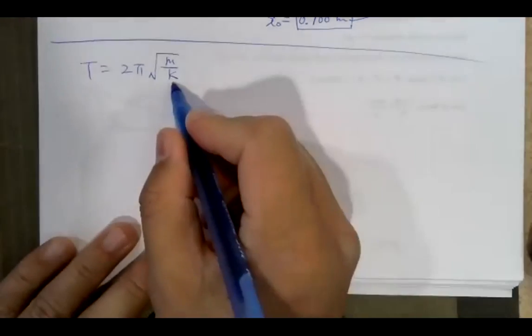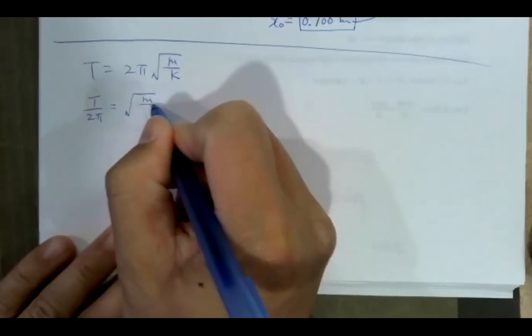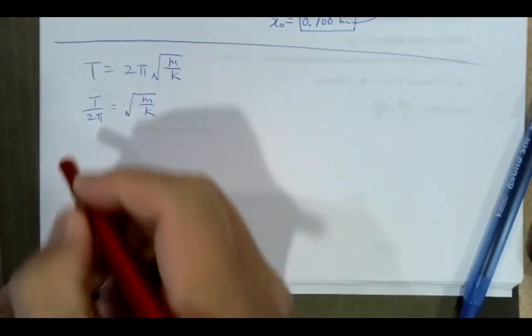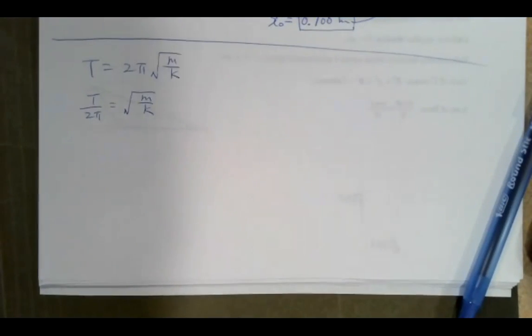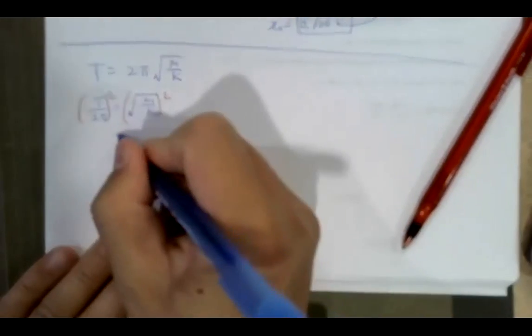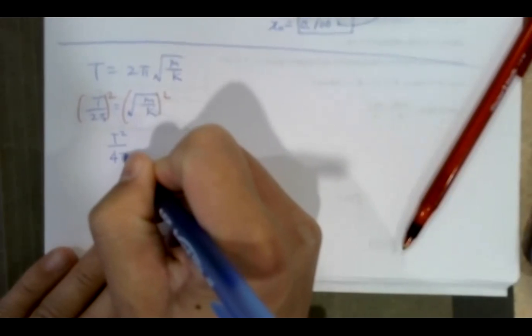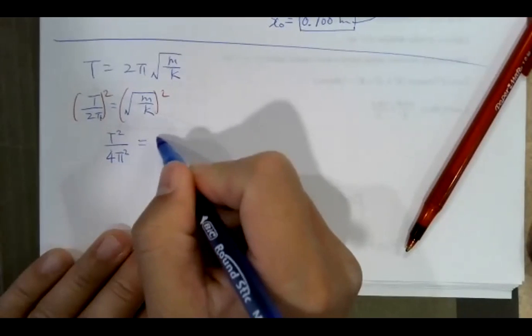All right, so this one, it tells us the period, which is the capital T, and then the mass. So you are looking for K, okay? So K is over here. You want to divide both sides by 2 pi first. So T divided by 2 pi equals square root of M over K, okay? And then next you want to square both sides of the equation, to get the K out of the square root, okay? So then you will have T squared over 2 pi squared. That means 4 pi squared, right? Because you want to square 2 to get 4 and then pi as well. That equals M over K,